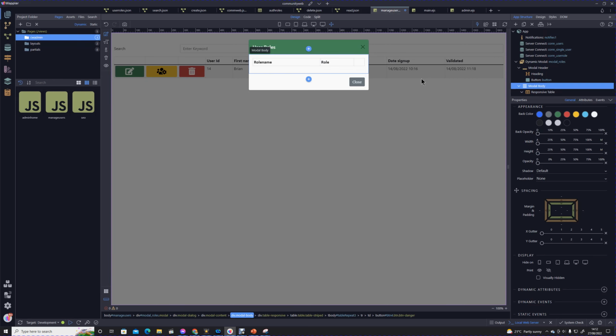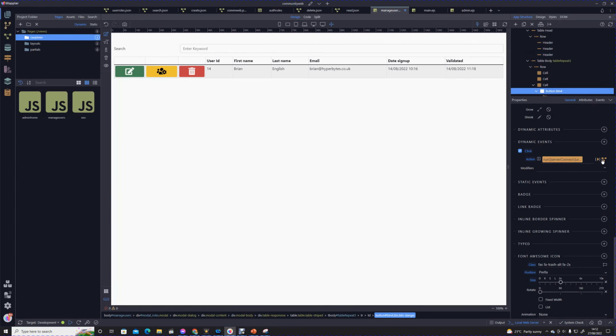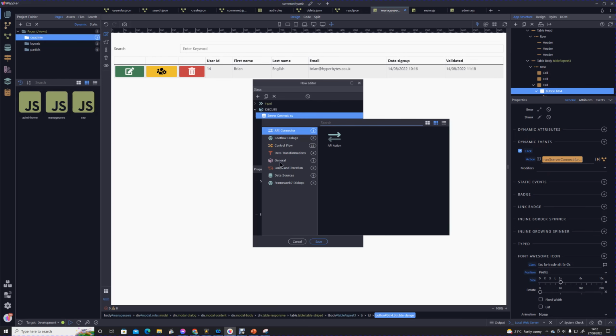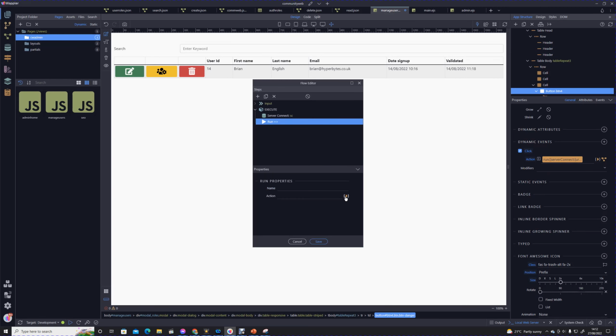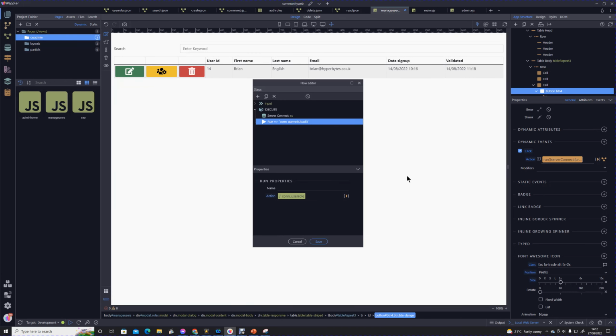We really should, after that though, if we remember, refresh the server action so that the list is cleared up completely. So I'm going to add another action where it's going to flow control run, and we're just going to do that user roles query, and we're just going to force a reload on that